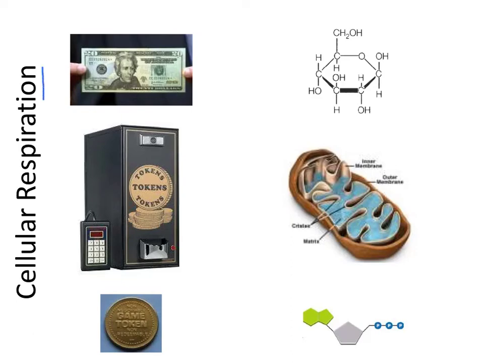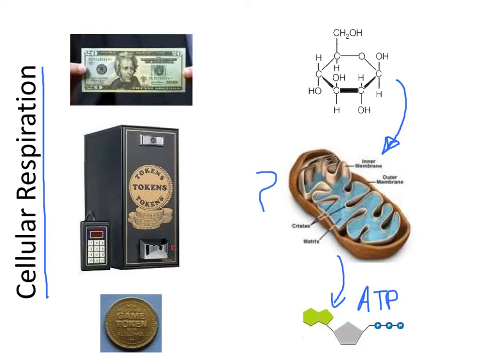So cellular respiration is the fancy name for the process by which organisms take glucose into their cells, that big burst of energy, and then use their mitochondria and the enzymes inside in order to produce a more useful game tokens worth of energy, ATP, that cells can actually use. Now you might be wondering, what exactly goes on inside this mitochondria that allows the glucose to be turned into